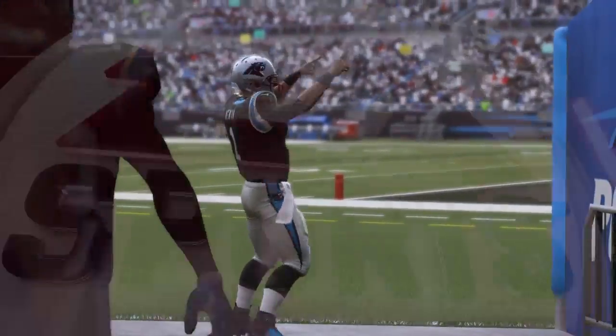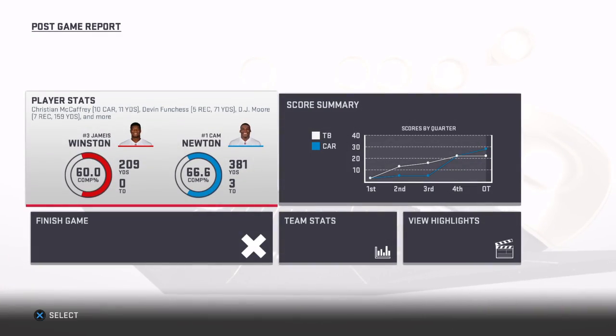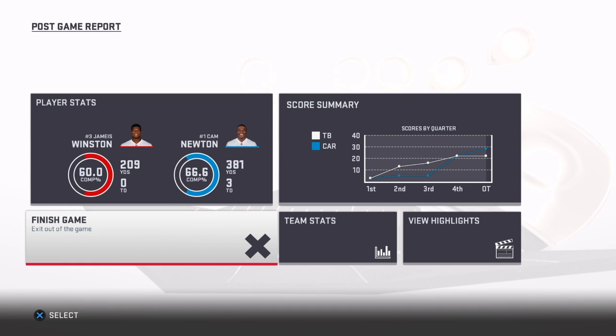So for Carolina, they close out this first half at a very solid 6-2, and they will hit the road next week to take on the Pittsburgh Steelers. Meanwhile, for Tampa Bay, they fall 2 games under 500 now at 3-5, and they'll be back home next week for a date with the...